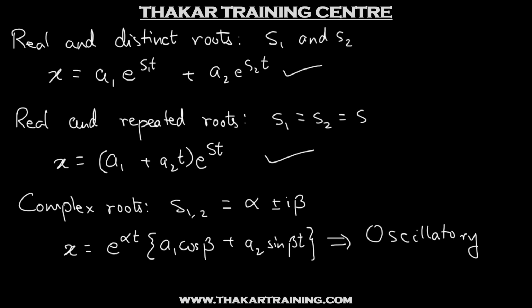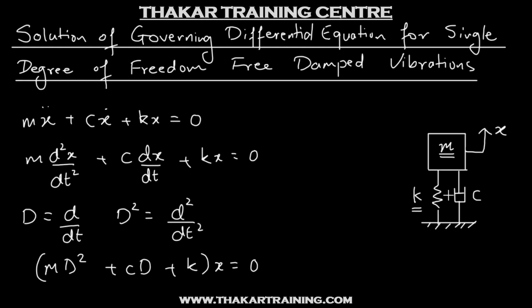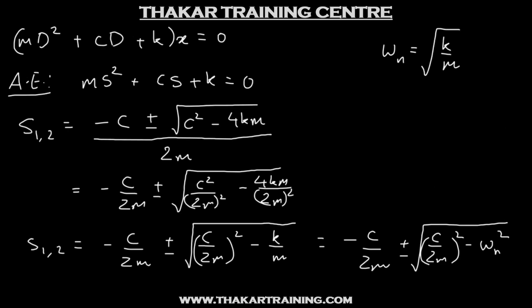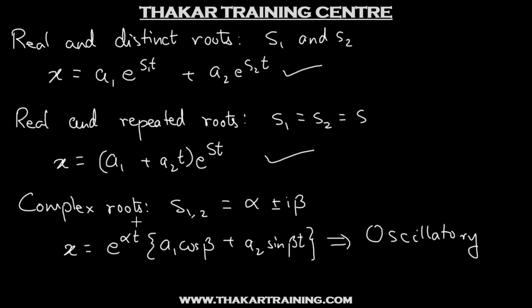And then the third possibility is, in this scenario, if I provide a C of 8 units, suppose, and Cc value is 10 units. So if C provided is less than the value of Cc, then the discriminant over here is going to become negative. We'll end up with complex roots, and for complex roots we are going to get oscillatory motion.